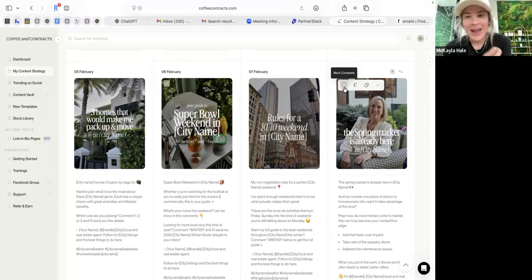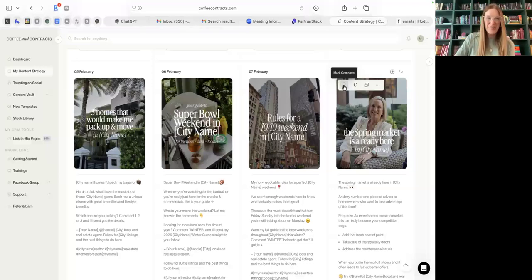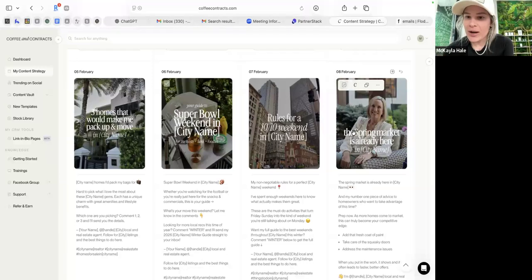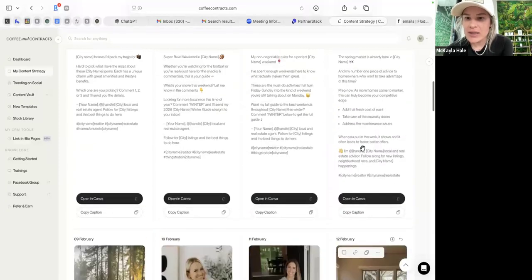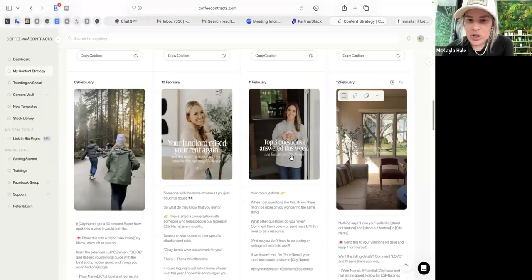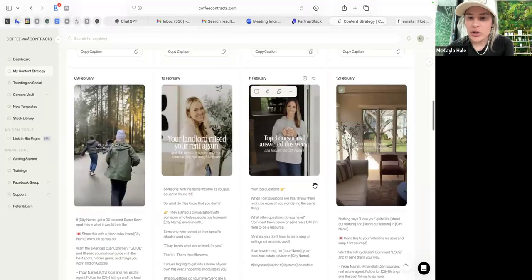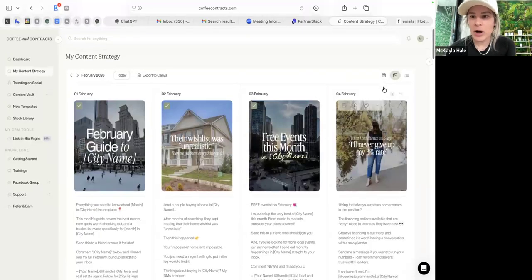That's great. AirPod Pros for the... but you'll just go through here and mark the ones that you're like, oh, this looks like me. I want to do this one. So you'll just mark a few. Then once you've marked a few, you're going to go export to Canva. Okay. When you click that,